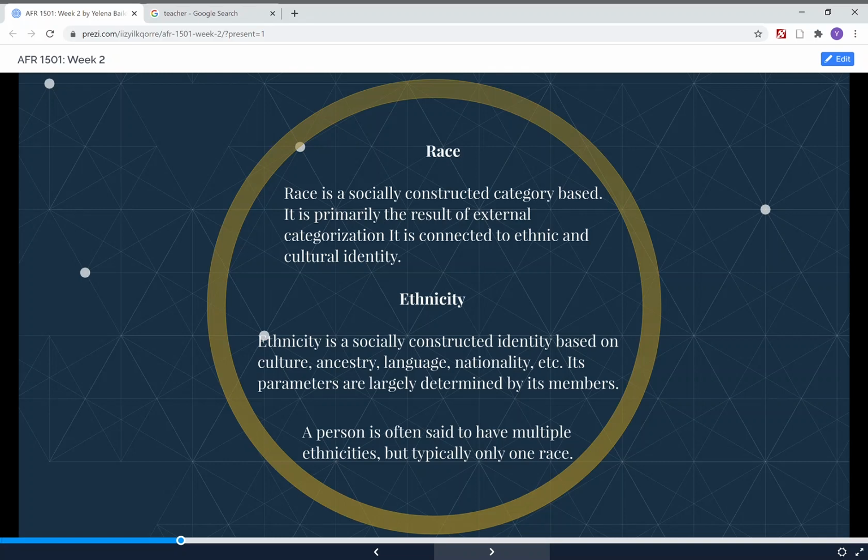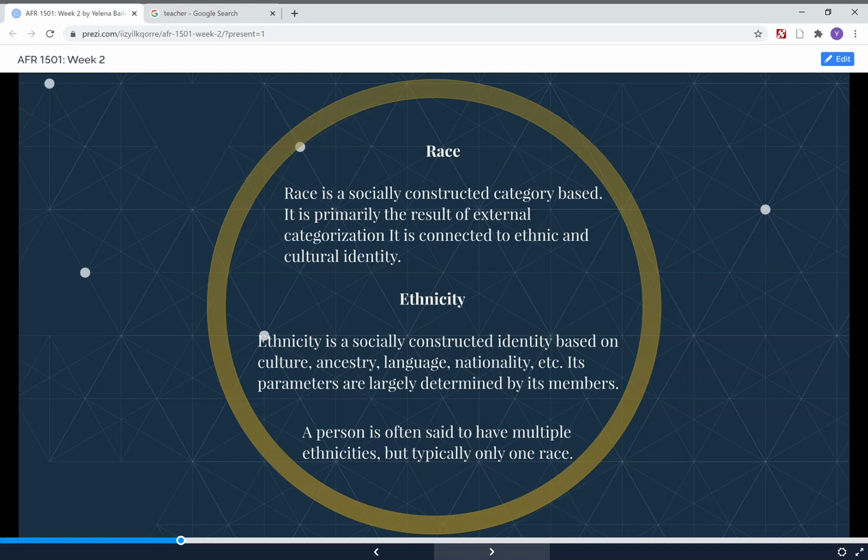And this is my side hint to you that when I put some of these definitions up here, these might be things that, on your exam, I might say, define race for me, or tell me, how did we go from race being seen as a quote unquote scientific idea to a social one, right? So FYI, things you may want to take note of.